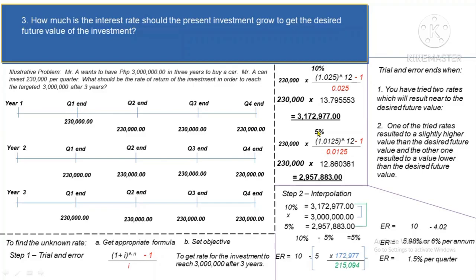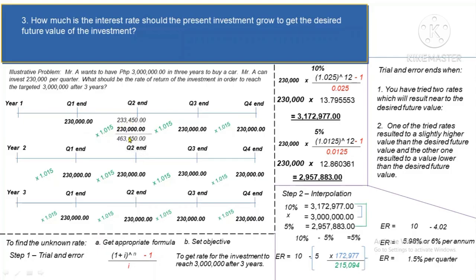Sir, we want proof. Okay, let's check if the 1.5% per quarter is really correct by using the timeline analysis that we have prepared a while ago. And if it is correct, then after 3 years, the value of the investment should become 3 million or near 3 million. So let's start. Let's multiply our investment with 1.015, applying the 1.5% per quarter. So 230,000 times 1.015, you're gonna get